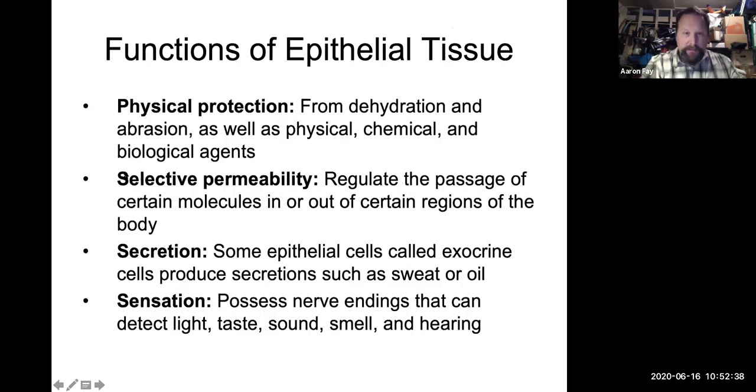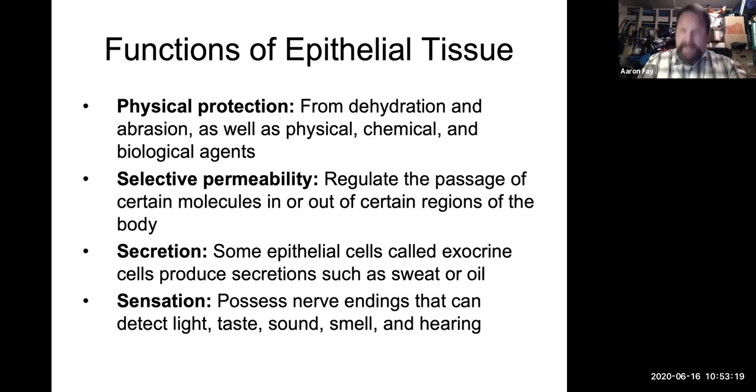Okay, moving on. So what does epithelial tissue do? Physical protection. Protection from dehydration, protection from abrasion, and protection from both chemical and biological agents. What are we talking about? Toxins, bacteria, viruses, that kind of stuff. Keep that stuff outside of our body. We have a very thick epithelium on the outside of our body, which helps keep water in, and helps keep dirt and pathogens out. We also have epithelium lining our digestive tract. Again, we want to keep pathogens out, but we want to be able to bring in various important nutrients,